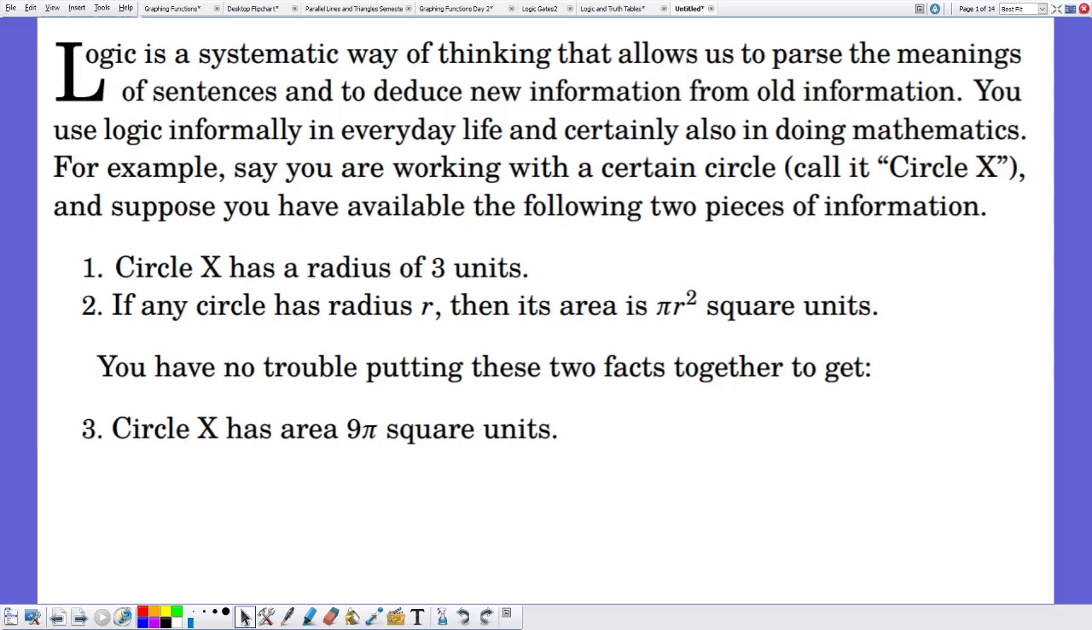Hello everyone. Today we're going to be learning a little bit about introductory logic. So, logic is a systematic way of thinking that allows us to parse the meanings of sentences and deduce new information from old information. You use logic informally in everyday life, and definitely while doing math, or in this case